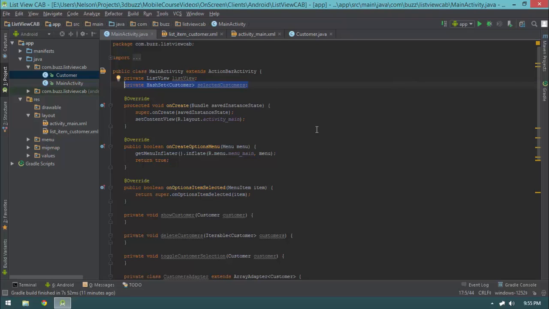We're using that to keep track of what customers are selected. Now, it's interesting to point out here that there are multiple ways of accomplishing this. Sometimes you'll see people using sparse arrays. Sometimes you'll see them using sparse Boolean arrays. Sometimes you'll see them naively using an array list. Sometimes even you'll see people who put a field on the object itself to determine if that particular object is